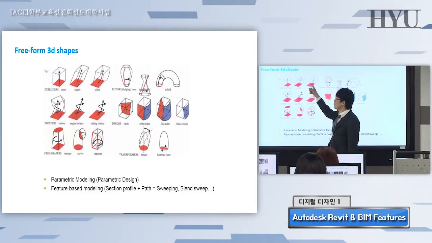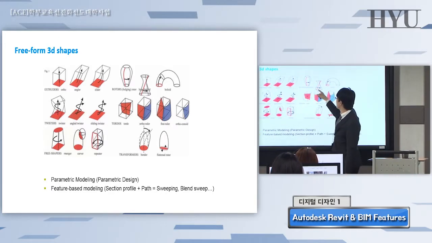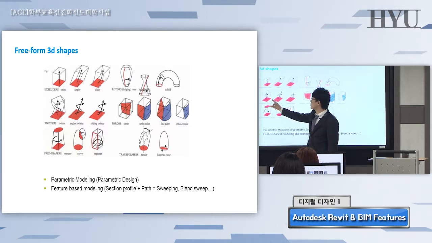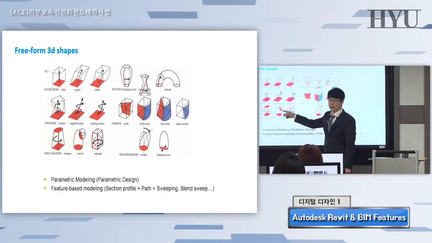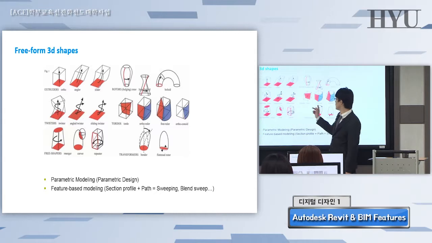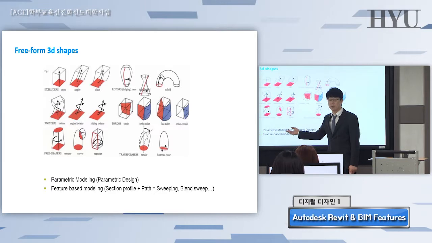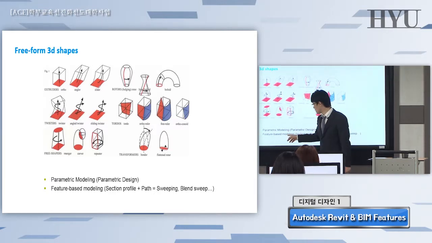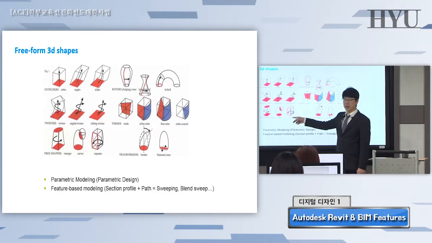But in terms of their geometry, extruded in several ways using this kind of paths, and sometimes revolving, rotors, and sometimes it can be twisted, sometimes some Boolean operation plus union, intersection, and so on. All of them are supposed to be parametric, okay? Parametric modeling based design. Also feature based modeling we need, okay? We need a section profile and the paths so that you can create any type of these